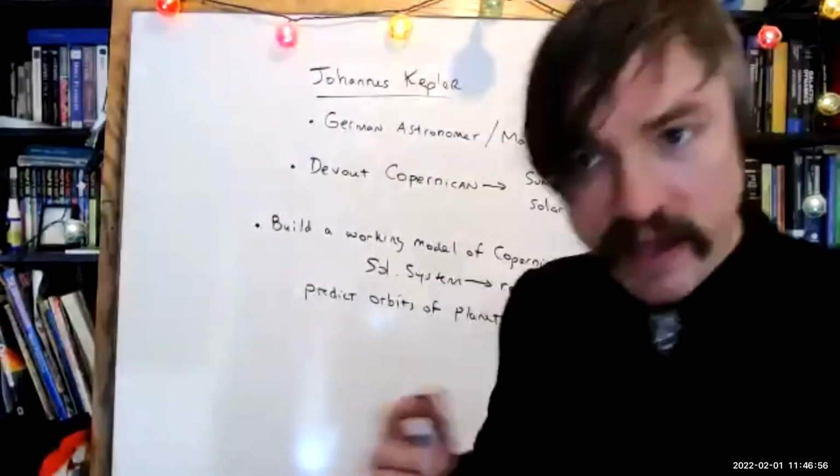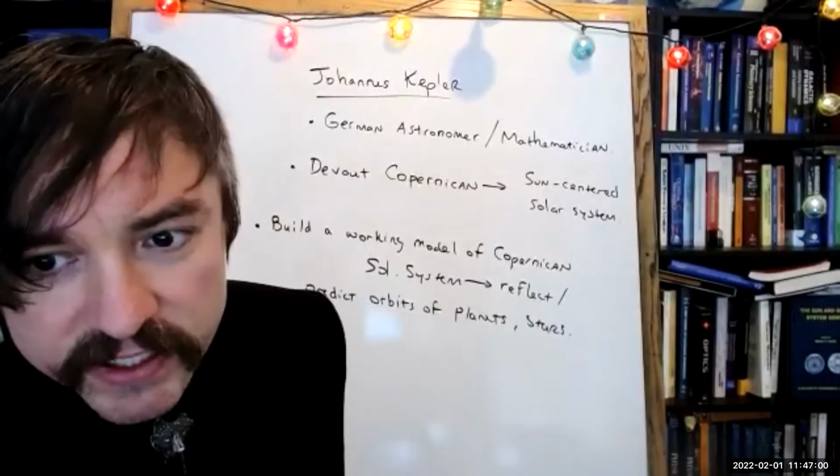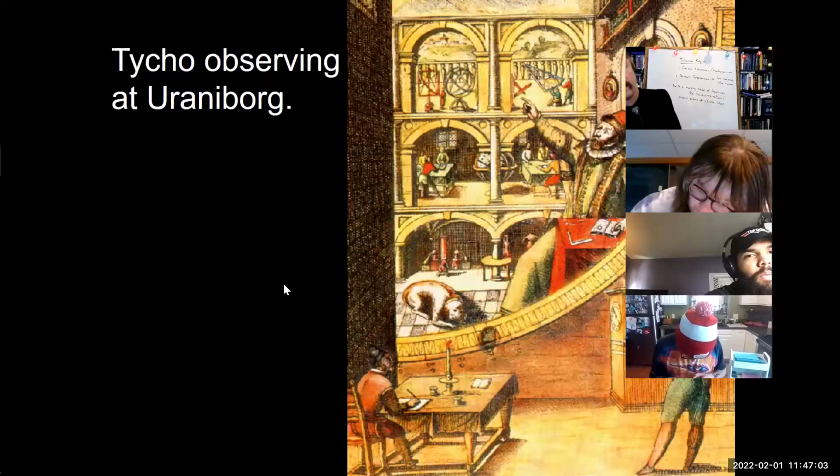Copernicus had built a model of the solar system that supposedly would predict the positions of planets and stars in